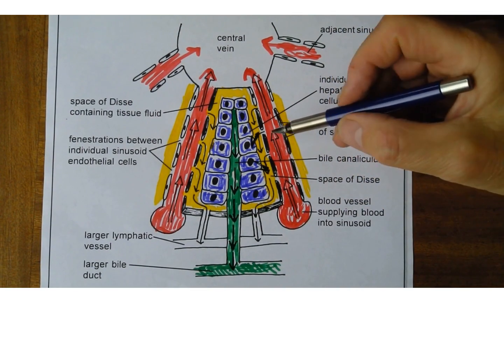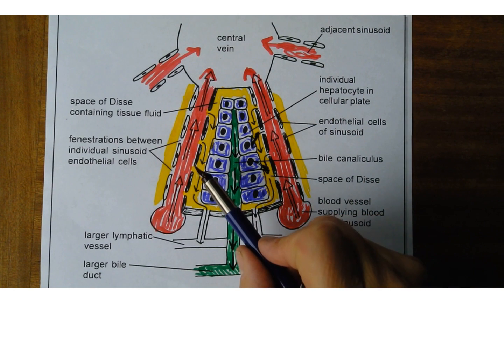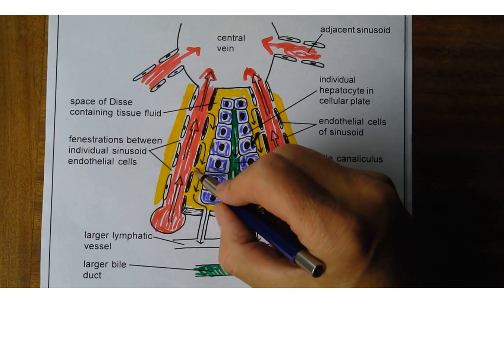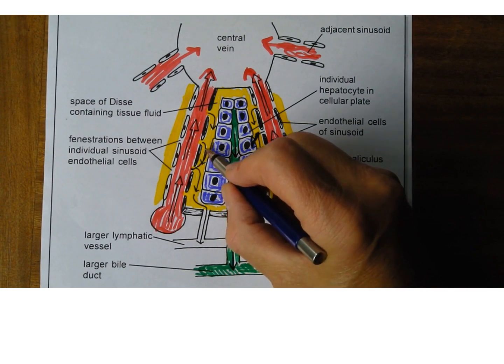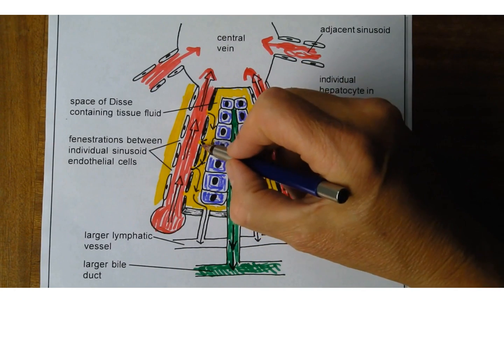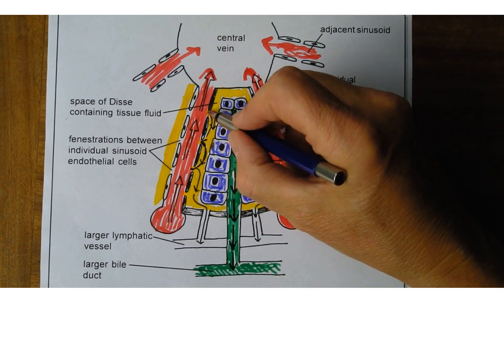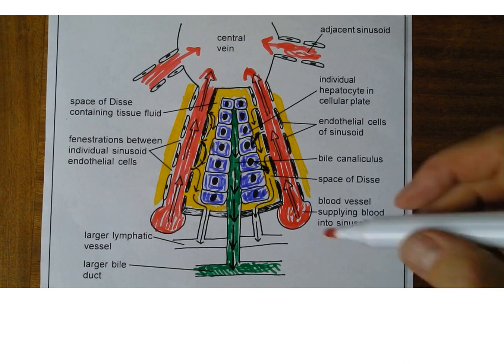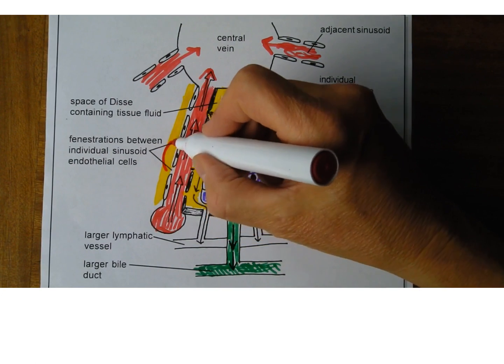Now, most of the tissue fluid that's formed is going to be reabsorbed. So most of it is actually going to be reabsorbed and flow in this direction, not the direction I've drawn the arrows. The arrows that I originally drew on this diagram were the flow of the lymphatic fluid. So most of the tissue fluid will be reabsorbed like this,